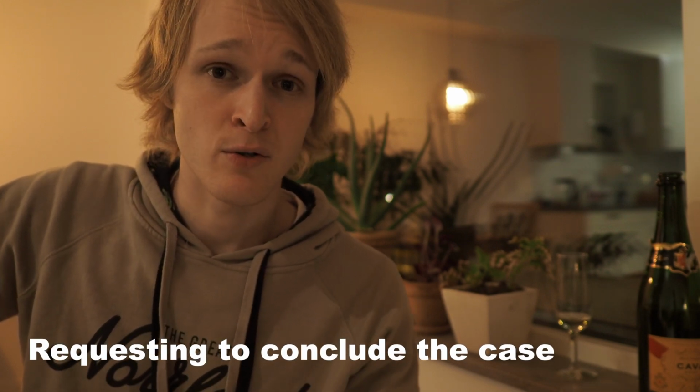After submitting this additional information, we did not hear back from Migrationsverket. So after a few weeks, we submitted our request to conclude the case. This is something you can do after 6 months, and you can only do it once, so use this wisely. But if you feel that your case should be completed, that you have all the information, that everything has been provided to your case officer, you have had your interview and those things, then you can request to conclude the case. So we did this, and then we emailed her case officer and said that, hey, we have uploaded a request to conclude the case, and we got a reply back saying that, okay, since you have a...